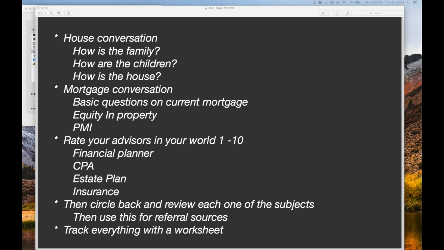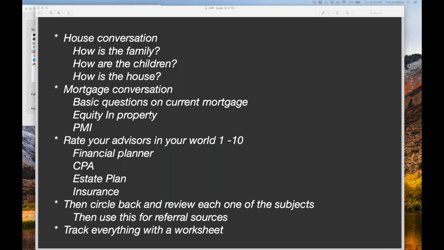And they are going to say either, wow, I love this financial planner, or is their Uncle Ben, or you know what, they're average, or I really don't like them, but this is the person my parents used. So you're just going to write it down. You're not going to put input in. You're just going to write the name down or the score down. You're going to go on to the next one.